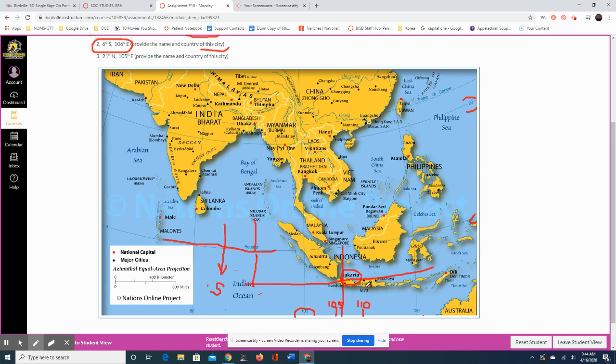Indonesia. Some of you said Palembang. That's okay, that's pretty close. Bandung is pretty close. If you were in that general vicinity, then I knew you knew what you were doing. It's hard to be precise on maps like this. So please don't get frustrated when you get to something like this. Consider yourself a little detective. Put your detective hat on, get your magnifying glass out, and start studying the things that you do know. Use what you do know to figure out what you don't. I hope this tutorial helps you,